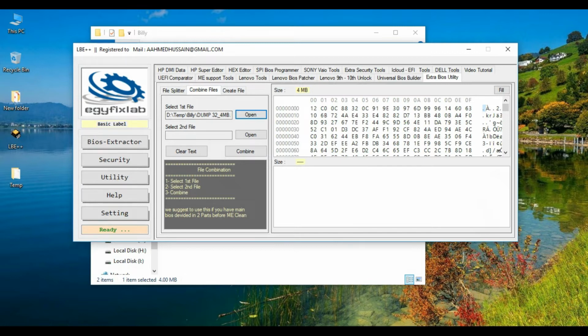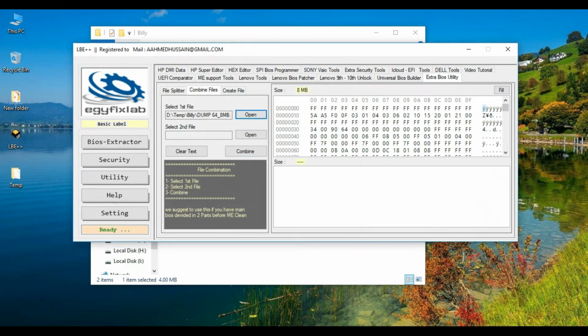See here in the hex viewer, it shows some data is there, but this is not the proper header of the Intel BIOS file. The proper header of the Intel BIOS file is something like .x, then the rest of the data. So in the 4 MB there is no proper Intel header, so select the 8 MB file.